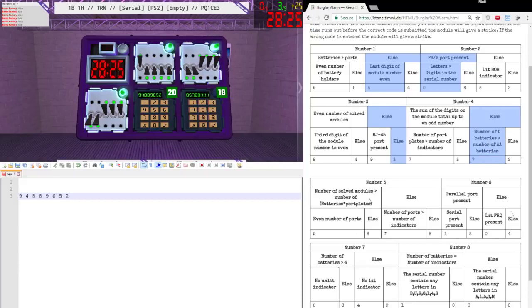Solve modules greater than port plates times batteries. So close, they're equal, but it was not bigger this time. Ports over indicators, true, 2 beats 1. Parallel port is a no. Lit FRQ is a no. Batteries over 4 is a no. No indicators, true. Batteries equals indicators is true, which gives us a little bit larger set of serial number characters to look for, which we do have a 1, so that one comes true. So all that gives us a number of